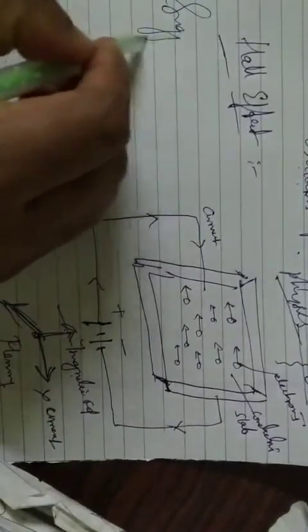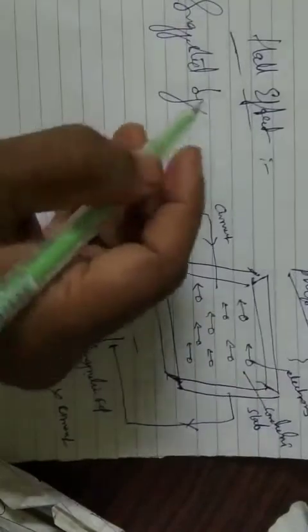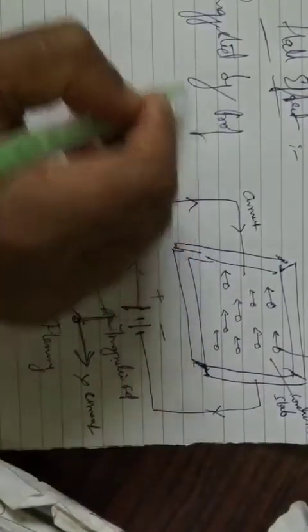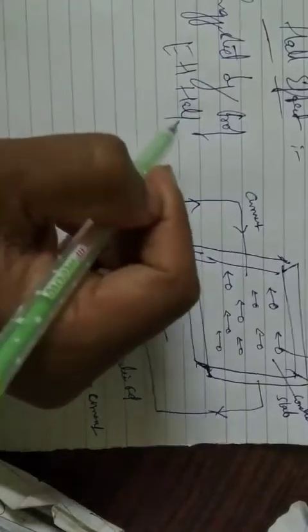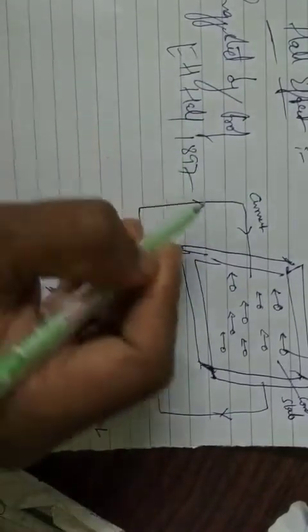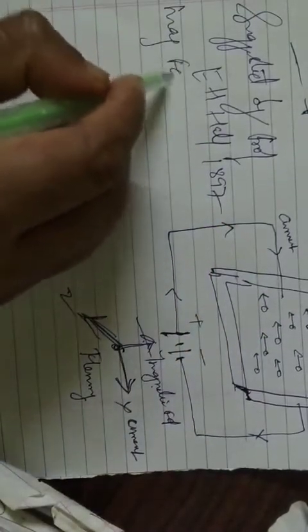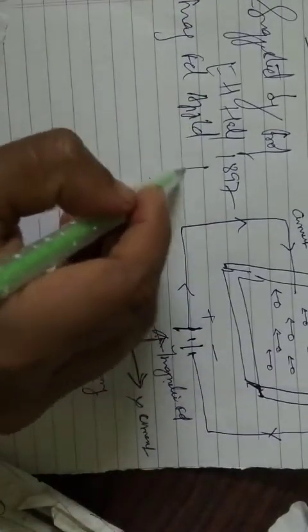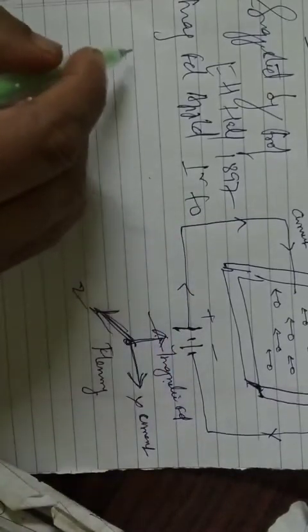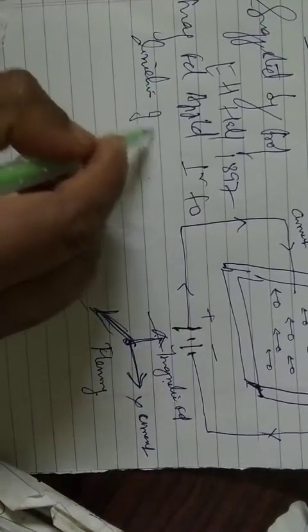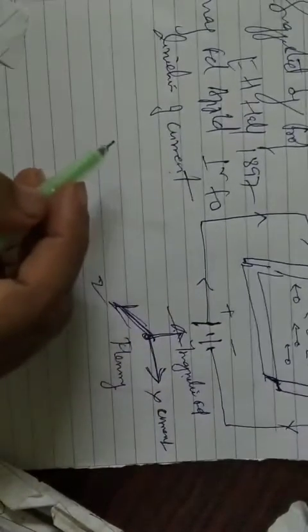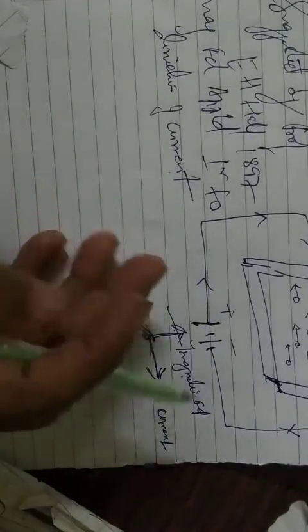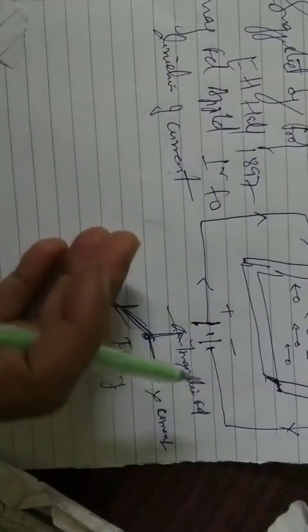This effect was suggested by Professor E.H. Hall in 1897. What he says is, when a magnetic field is applied perpendicular to the direction of current in a conductor,